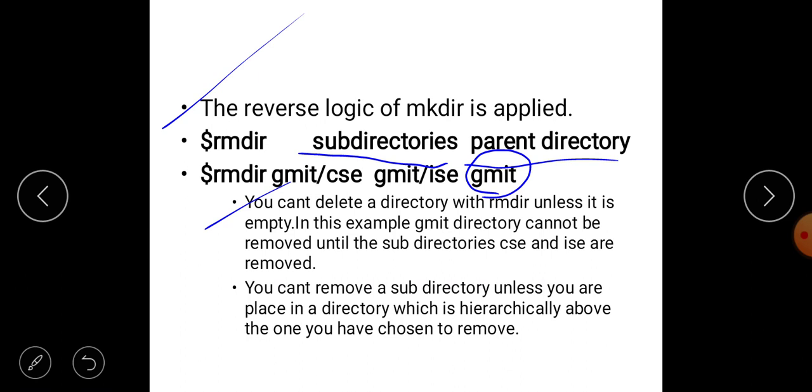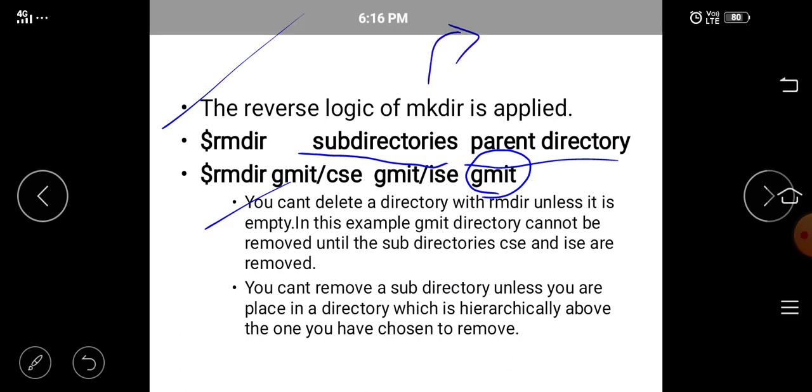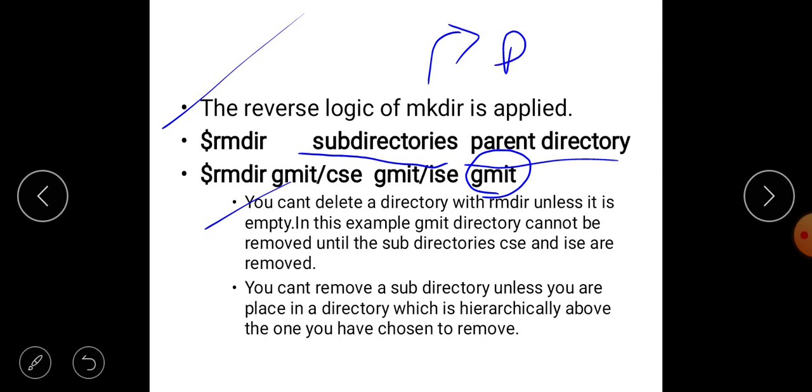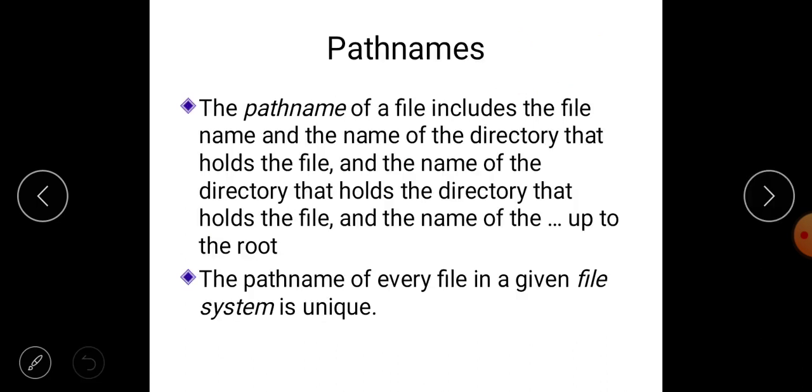This is the hierarchy, we are going ulta of our mkdir. In mkdir you give the parent directory first, next you give the subdirectories, but here in remove directories, first you give the subdirectories, then the parent directory.